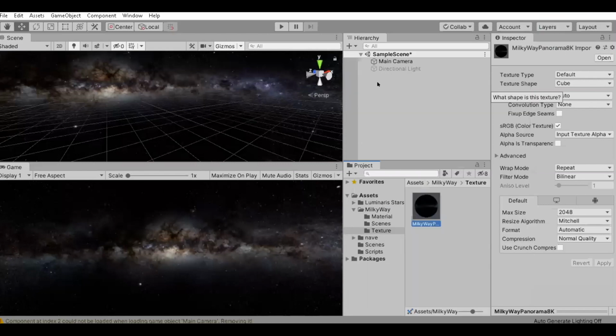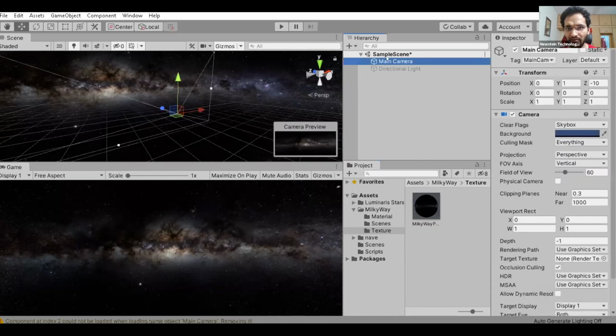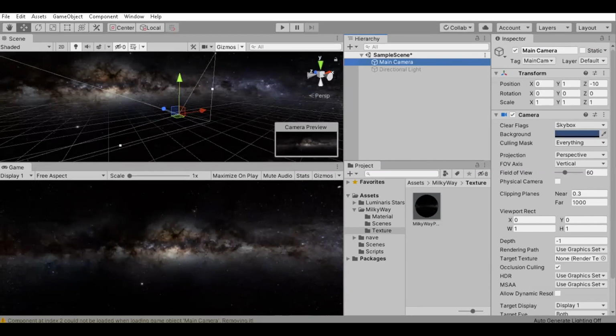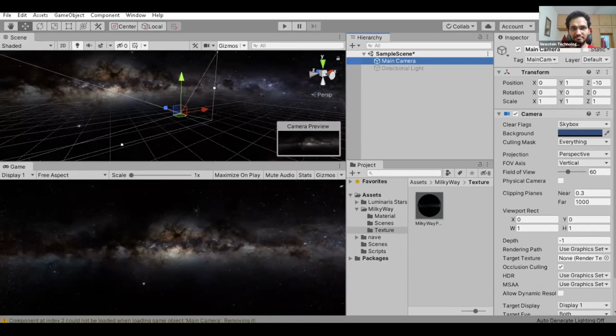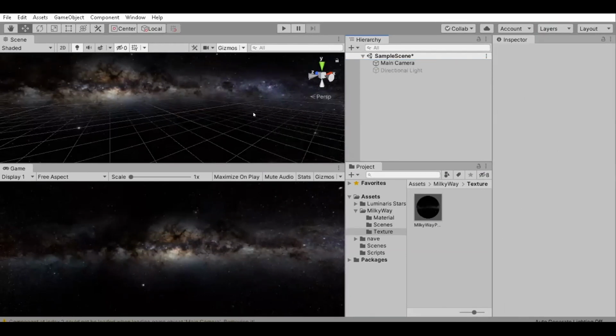Sir, we can drag and drop also, na sir? Skybox, I don't think drag and drop will work. I've not tried. Maybe you can try drag and drop. So I forgot how to put that skybox, so I dragged and dropped it, sir. So it worked for you? Yes, sir. It works. Okay, nice. I have not tried this. Okay, so this is what we have now.